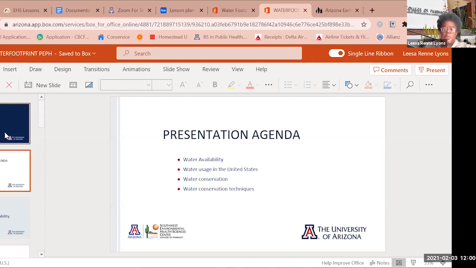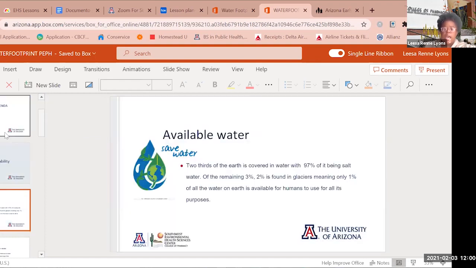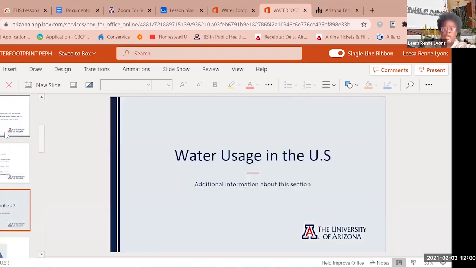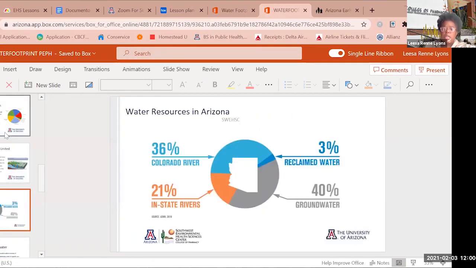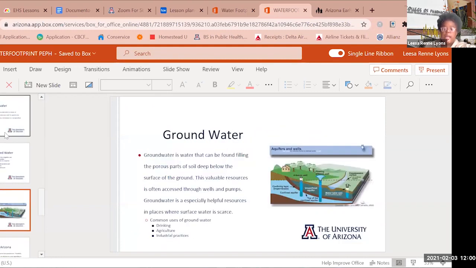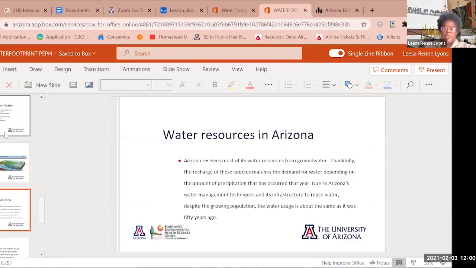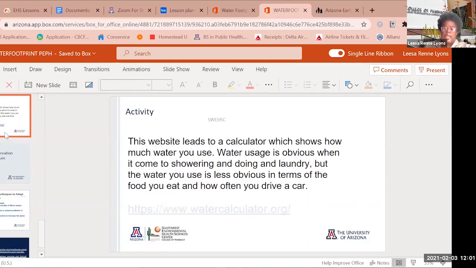So of course, it starts with the presentation agenda and then goes into water availability, water usage in the U.S., water conservation, specifically here in Arizona, and the benefits of those conservation methods. And lastly, we have an activity in which students can calculate their water footprint,